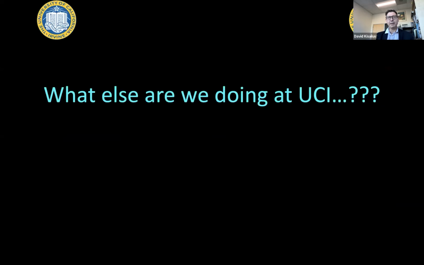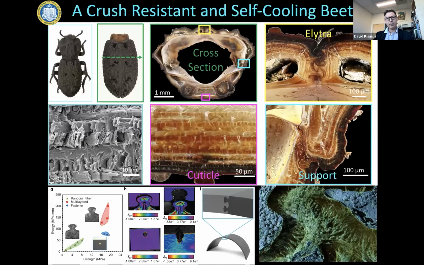So what else are we doing? I'm just going to highlight a few things. The mantis shrimp was a nice story, but there are so many other things we're doing. We're actually studying a beetle. We just published this last year in the journal Nature. This is called the diabolical ironclad beetle. You could drive over this beetle with a car. It does not die. We've tried it. And we've compared it to other organisms, other beetles, I should say. They didn't fare so well. But the architecture is critical.